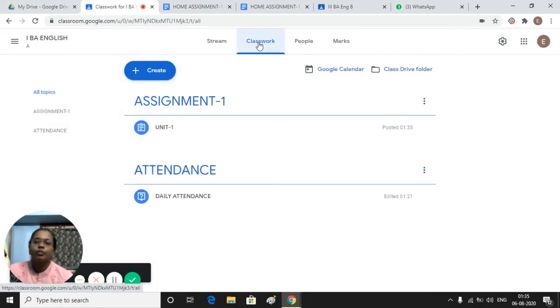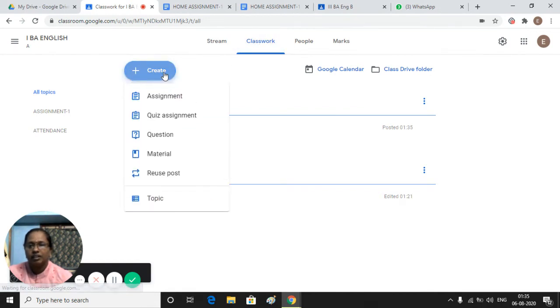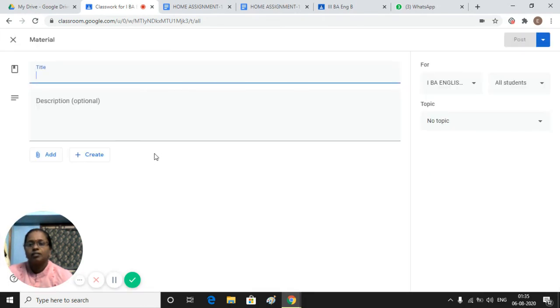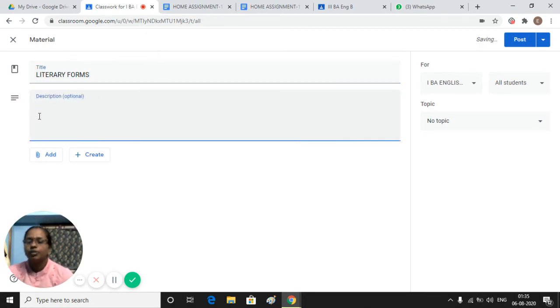How can you upload material? Again, classwork, create, then there is the option material. What's the title of that material? And which unit you want to give, unit 1 or unit 2 or unit 3, or we specify here unit 1.